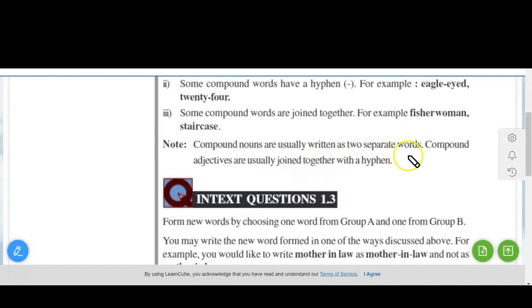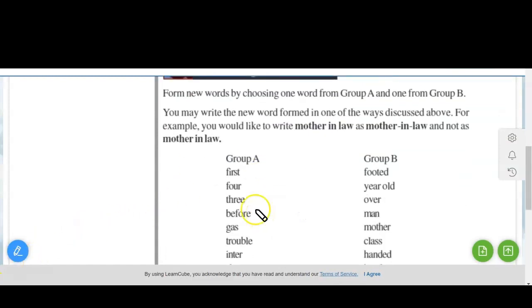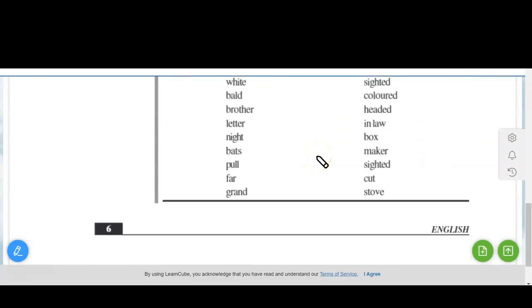Compound nouns are usually written as two separate words. Like we have seen huge swimming pool, so they are written as two separate words. Compound adjectives are usually joined using a hyphen. So this is the understanding. Compound nouns have a space. Compound adjectives have a hyphen between them. Now let's check Intext question 1.3. So you have given form new words, choosing one word from group A and next from group B. You can see here two groups are given, group A and group B. You have to combine both of them and make new words. Okay, so let's check. We have first